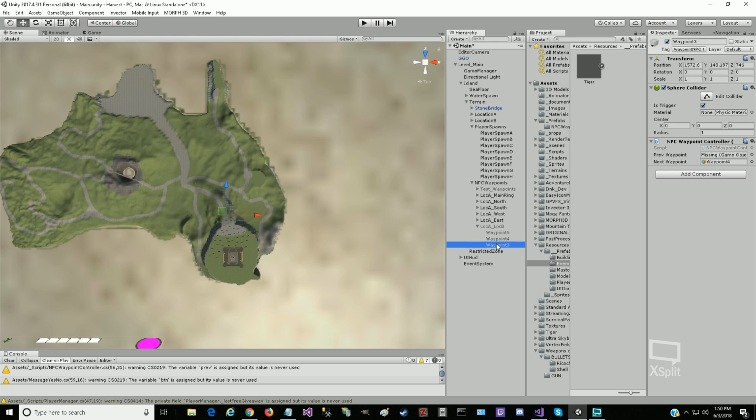Basically, every endpoint would have a script. It would be a shared script that they would all have the same script that would contain a list of waypoints from that location to the other location, and to all the other locations possible. And